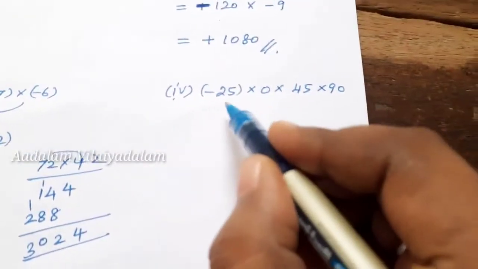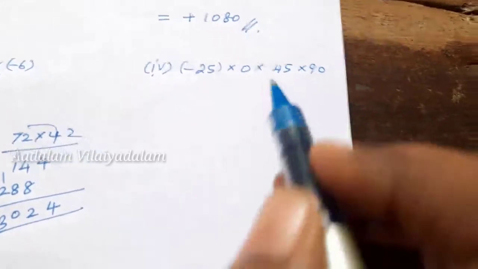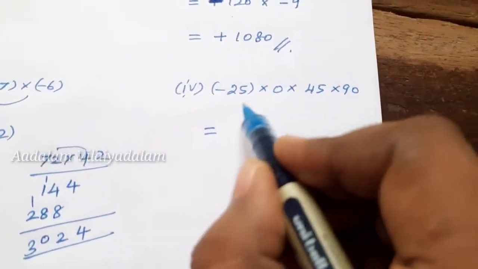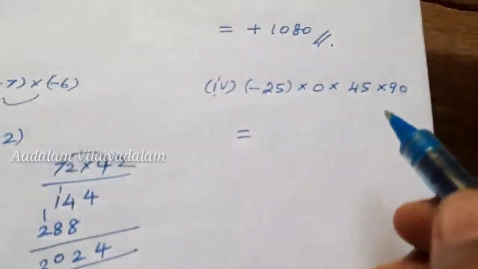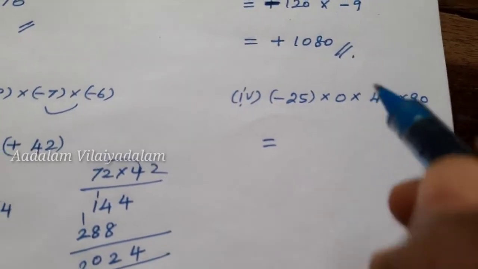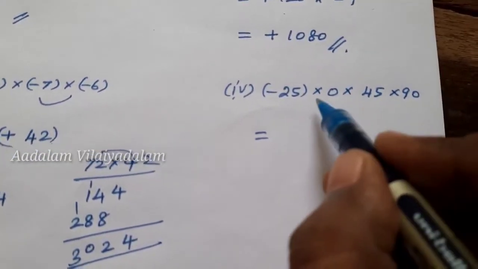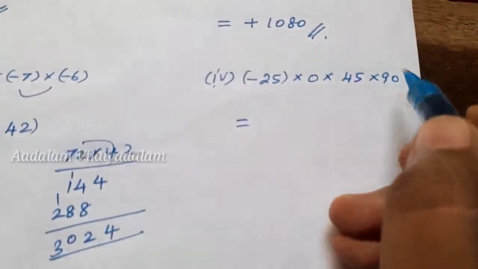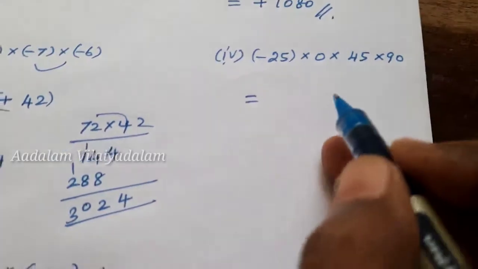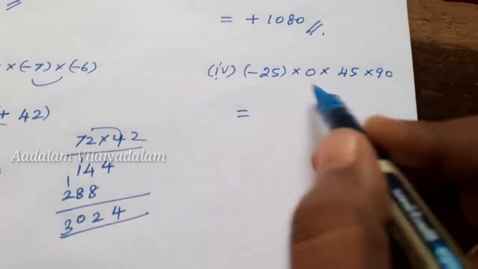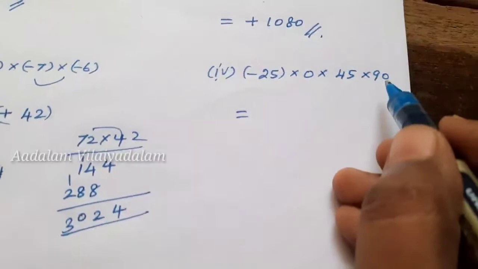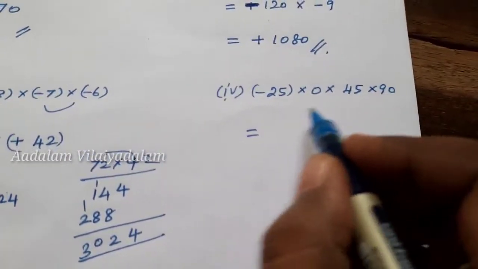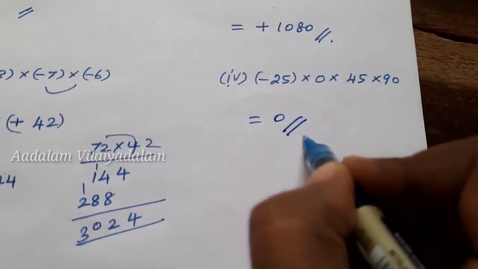What is given here? Here also there are 4 integers. But look, there is a 0 among the integers. So remember children, if there is a 0, look at the signs. Multiplication, multiplication, multiplication. All the numbers are connected with the multiplication symbol. Then if there is 0, even if there are many numbers, more than 20 integers, if multiplied with 0, the answer will be 0 only.